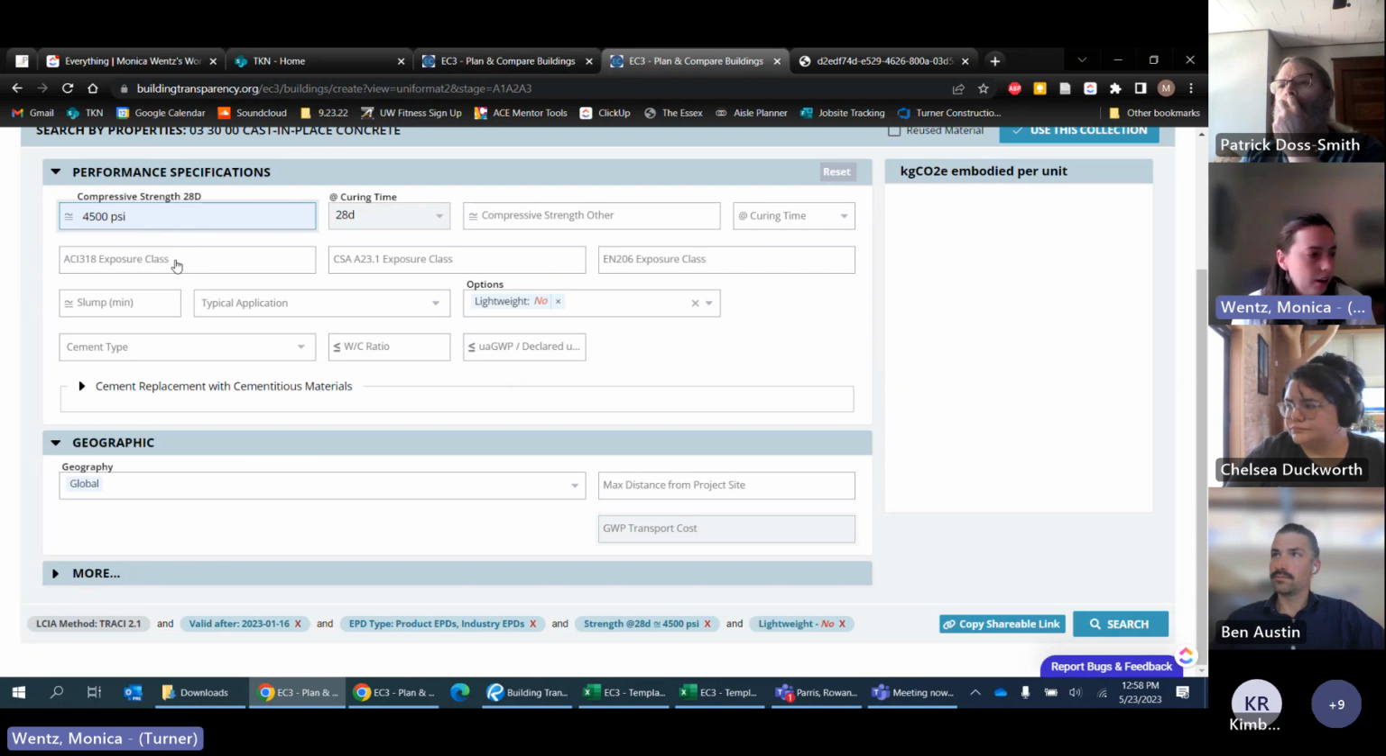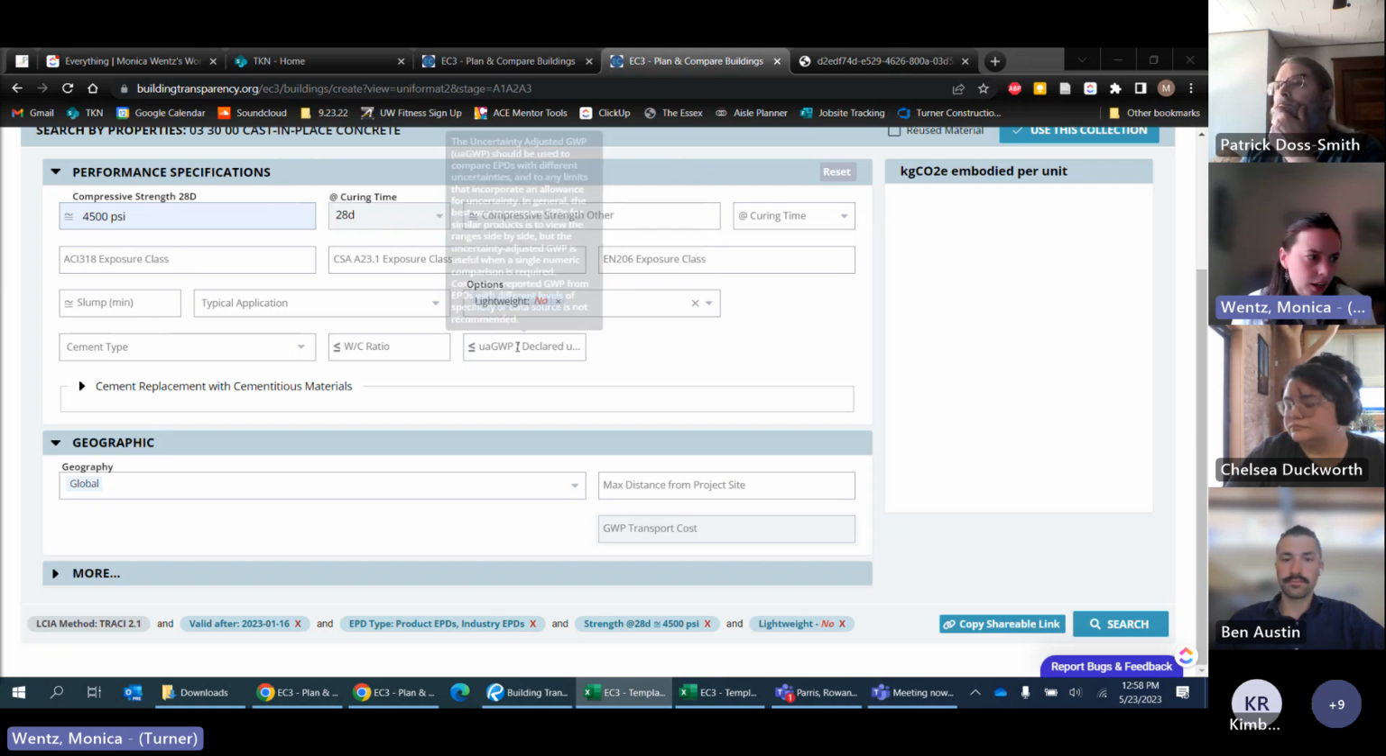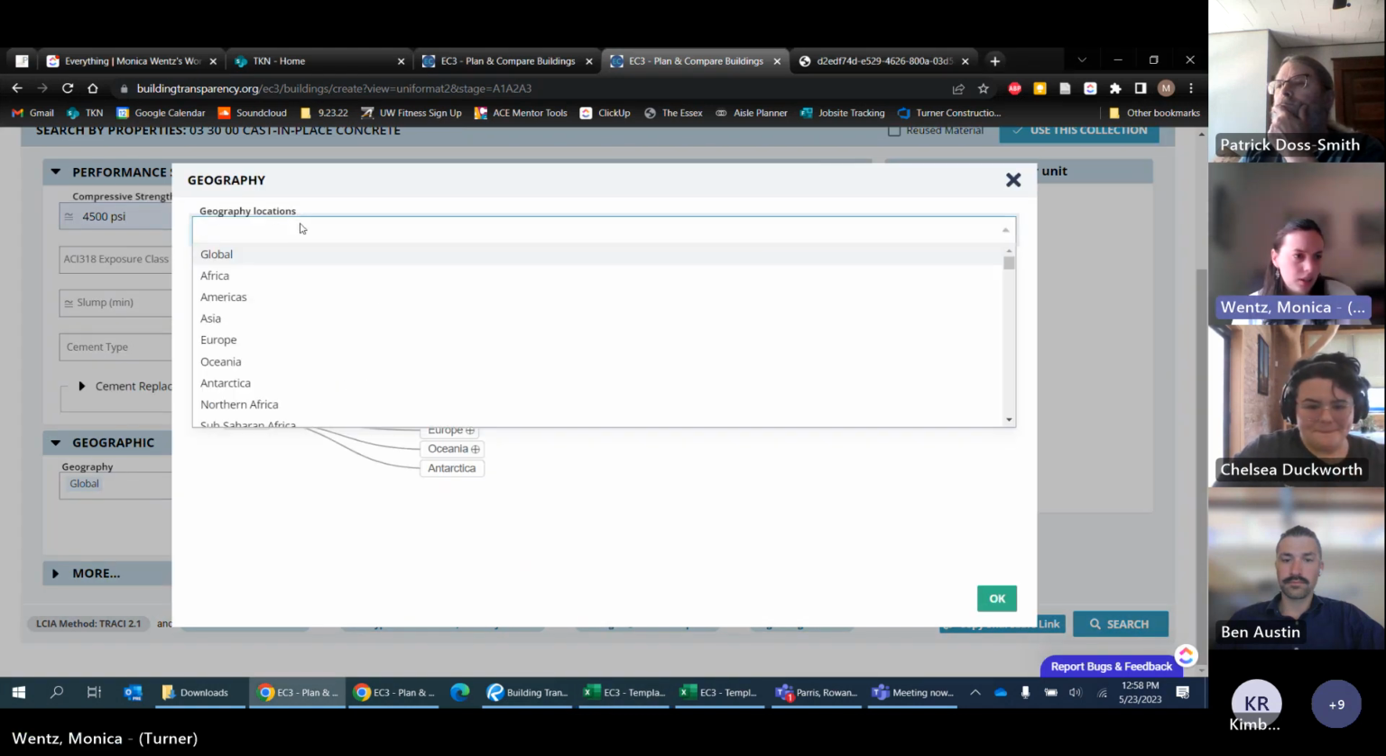So for this one, I have 45,000 PSI. I know that it's going to be a 28-day. I'm not going to do the secondary item over here. I'm just going to keep it as one straight PSI. I'm going to select no for lightweight. Good. And now under geography, I'm going to type in